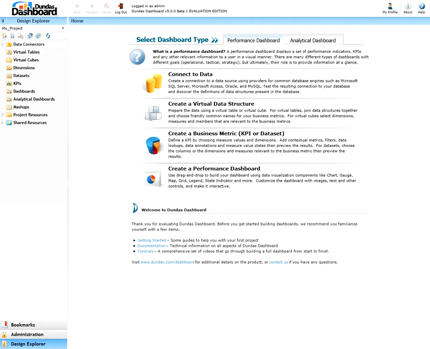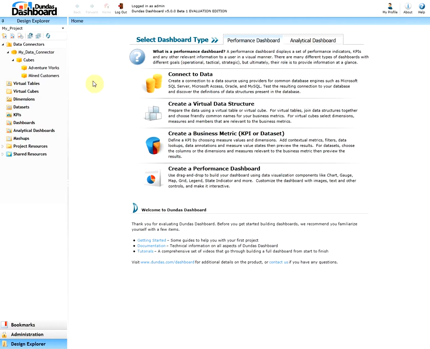Before creating your virtual cube, make sure that your data connector to the OLAP data source has been set up. For example, here, my data connector is set up with the following cubes. Once your data connector has been created, you can begin defining your virtual cube. This involves selecting the cube elements such as measures, KPIs, dimensions, namesets, and defining reports to be included in your